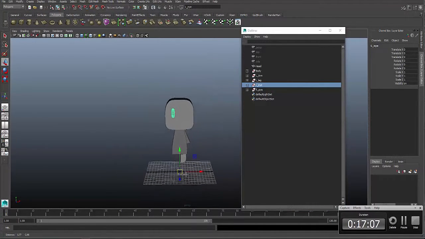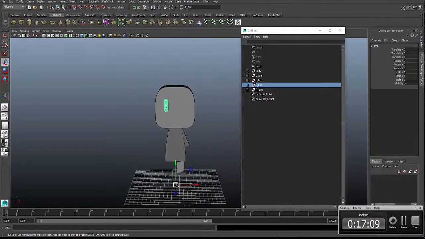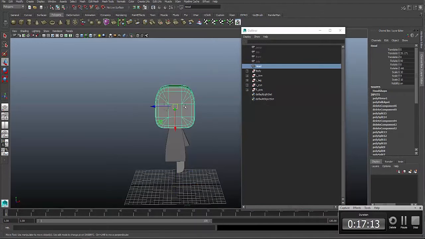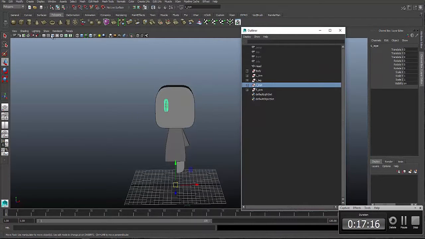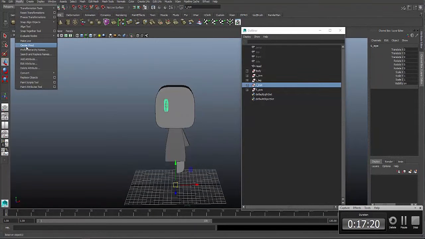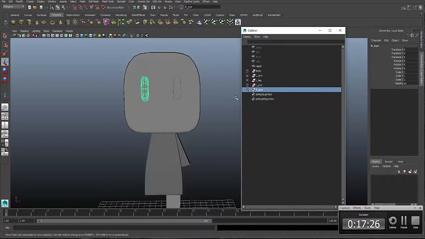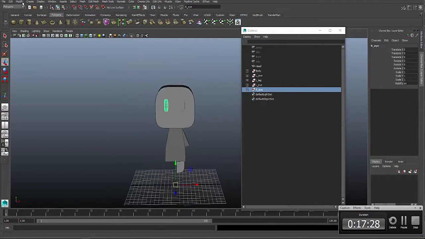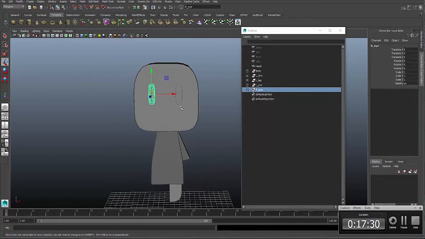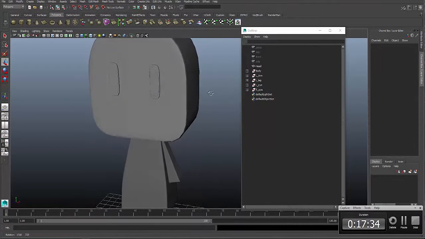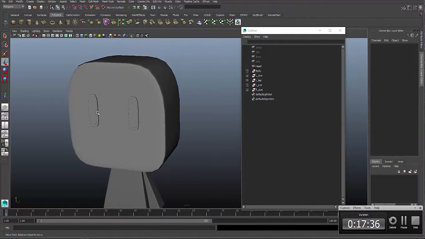If your pivot point is all the way down here in a group, if you click on your group or object when you want to center the pivot, just go to modify and center pivot. It should jump back. Then we'll just organize these eyes. Same with here. If you go to modify center pivot. Perfect. Now once we have the hair done, we will probably move the eyes into a different place, but for now